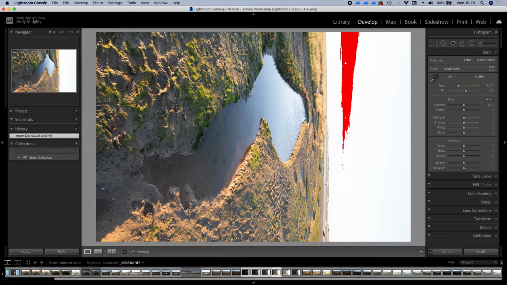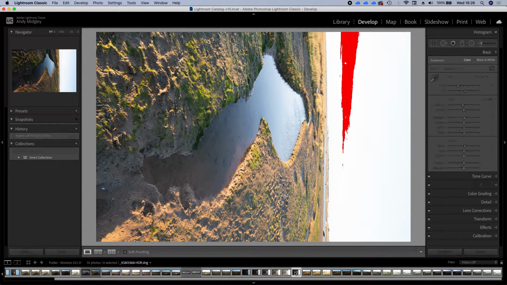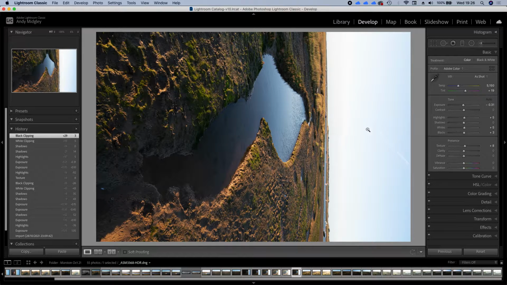When you've done that, you will end up next to your row of selected images which you have merged together. You will get an HDR image, and you can tell which one it is because when you hover over it, the title of the image has HDR DNG at the end of it, so you can tell which one it is. So I'm going to double click on that one that I prepared earlier, and then you have the option to